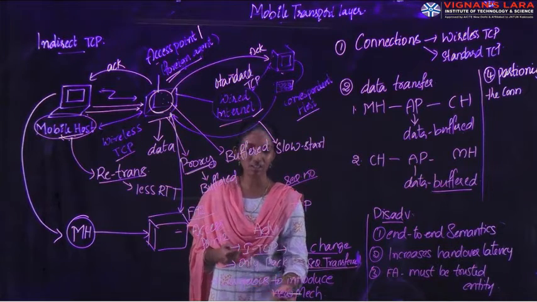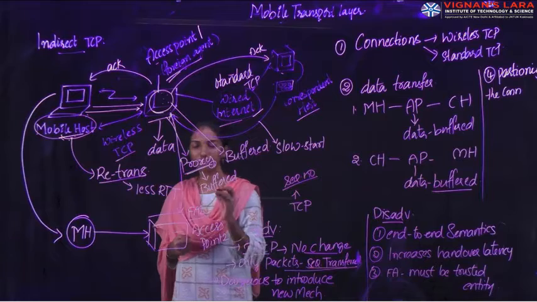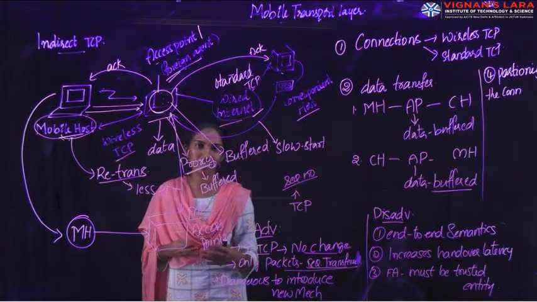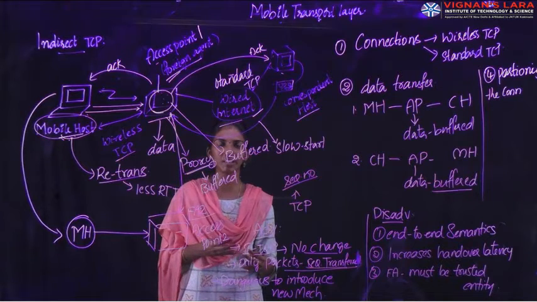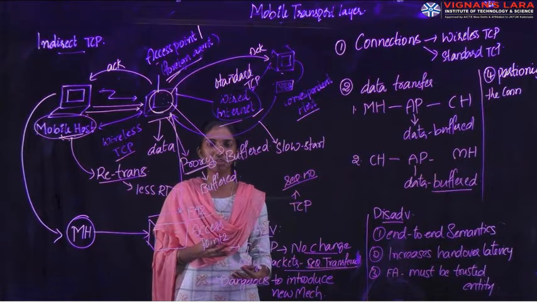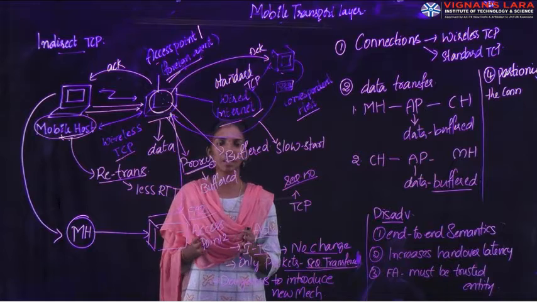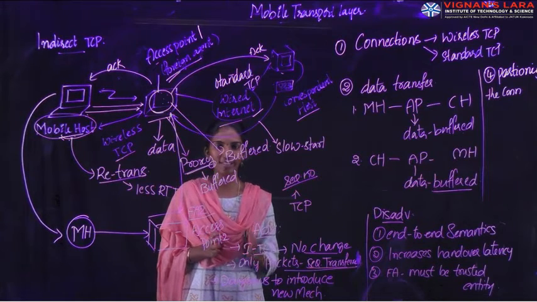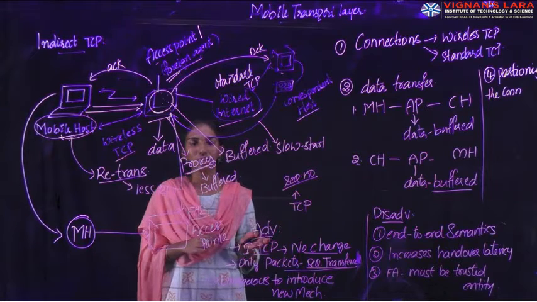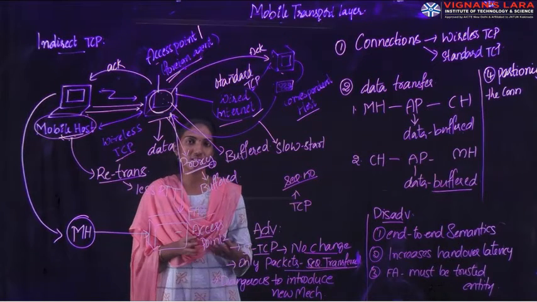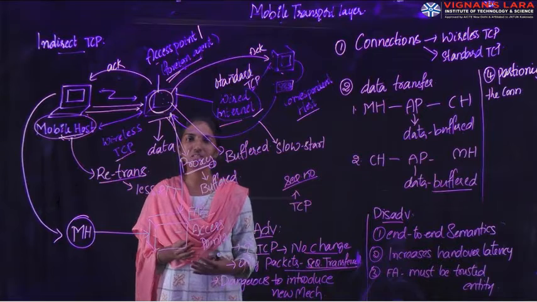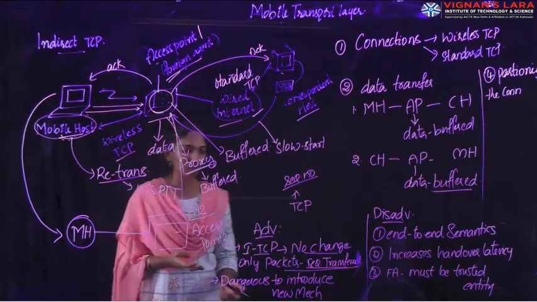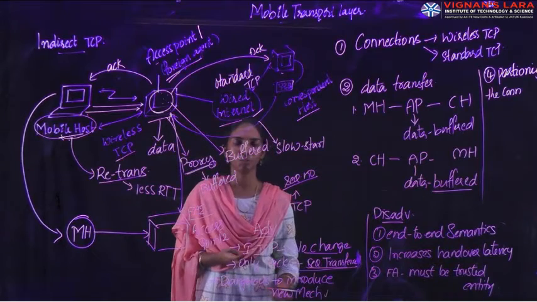And the third thing is, here we are discussing indirect TCP. In the next concepts, we will be discussing mobile TCP and snooping TCP. If these get introduced into the standard TCP network, the entire infrastructure doesn't need to change. At the same time, introducing these new mechanisms may cause some changes, and possibly some damage, in the standard network.